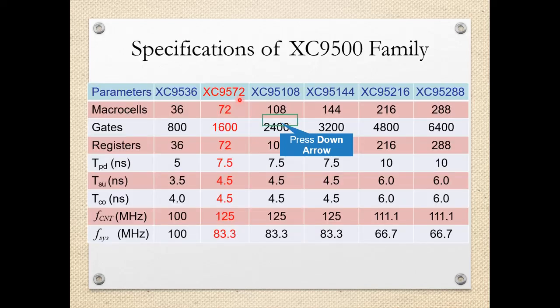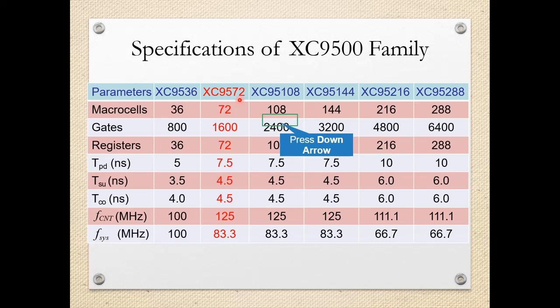Then these are the specifications of this family. As I told earlier, this XC9500 family has different chips, and these chips may be XC9536, then XC9572, XC95108, XC95144, XC95216, XC95288. Now here the last 2 or 3 digits, after 95, whatever number is written, that is indicating the